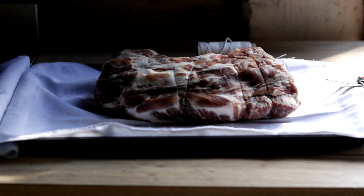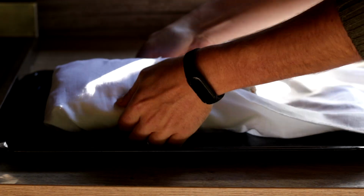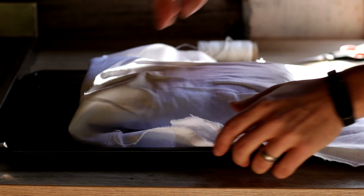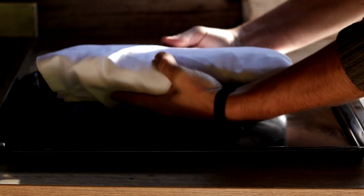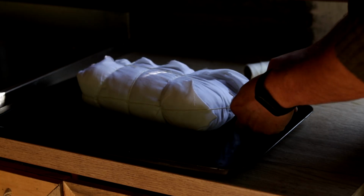Next, we will wrap the meat in either a cheesecloth or a clean cotton cloth. Then, using butcher's twine, we want to tie it very tight, as tight as we can, because in the next stage, the meat will lose a lot of its mass, and to be specific, it will lose 33 to 35%